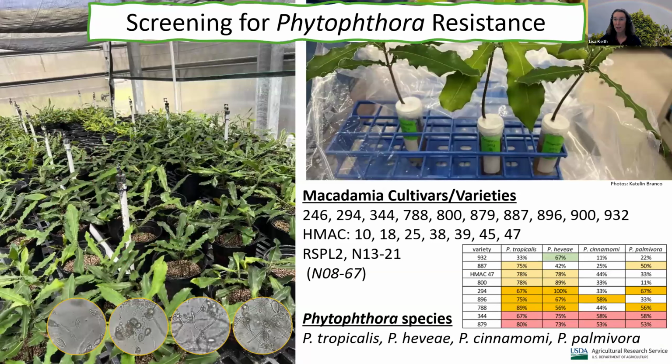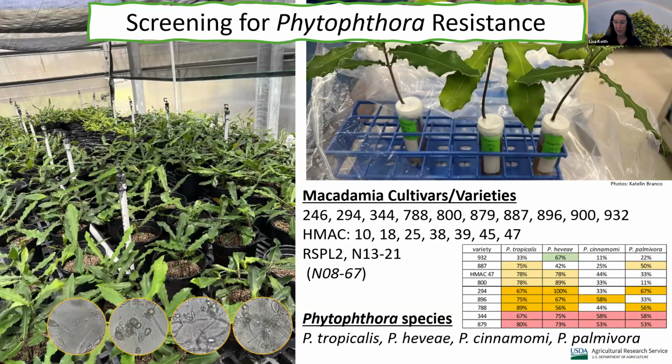Okay. I mentioned varieties, and we do a lot of variety screening. We're very, very fortunate to be part of the germplasm repository here for macadamia. And so the team, we devised an assay to rapidly test germplasm to look for resistance to Phytophthora. And so we look for resistance in 4 species. So the 3 I mentioned from